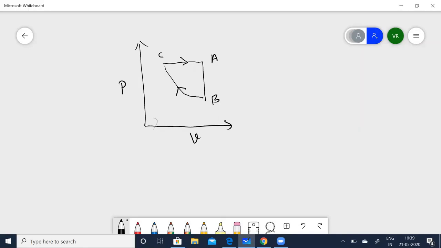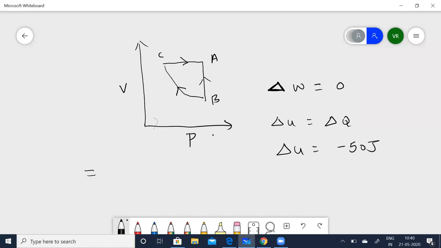A to B is an isochoric process because it's at constant pressure. So in that case, we'll have to take this as P. Because it is an isochoric process and I drew the diagram the other way, this should be P and this should be V. So this is an isochoric process from A to B. It's a closed cycle, so delta W is equal to 0. Delta U is equal to delta Q. Now delta U is given as minus 50 joules.